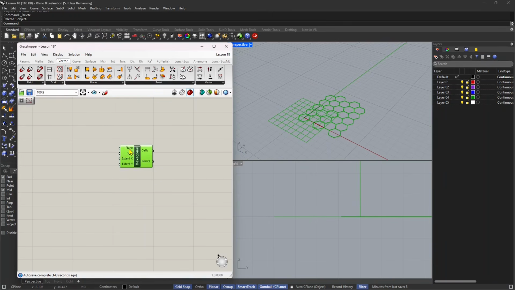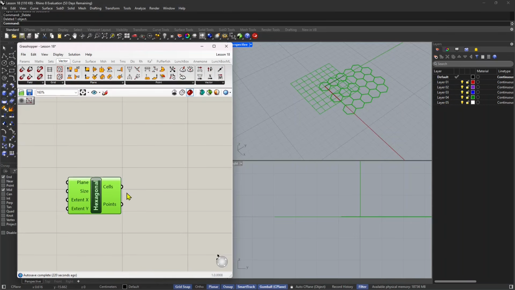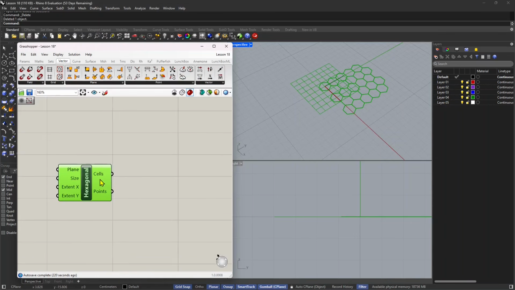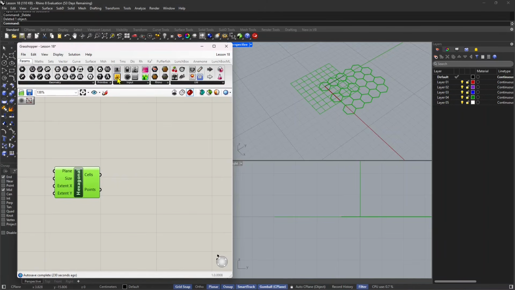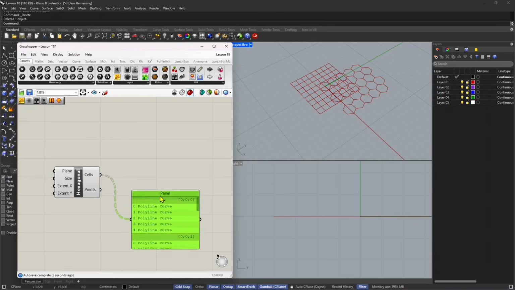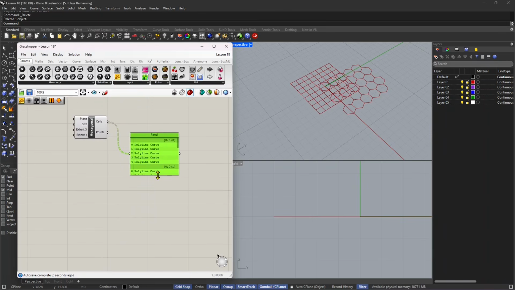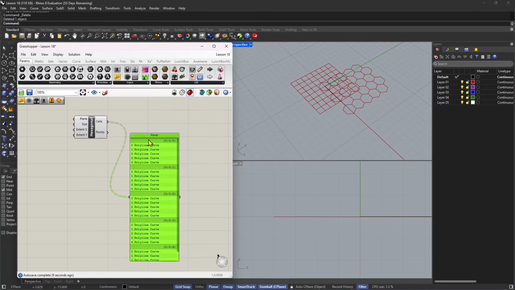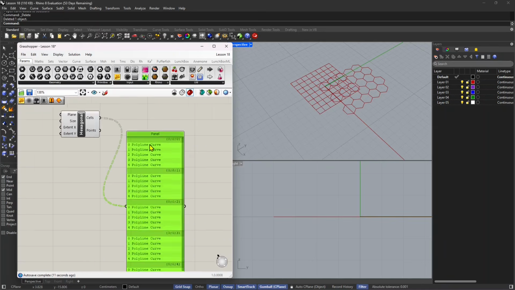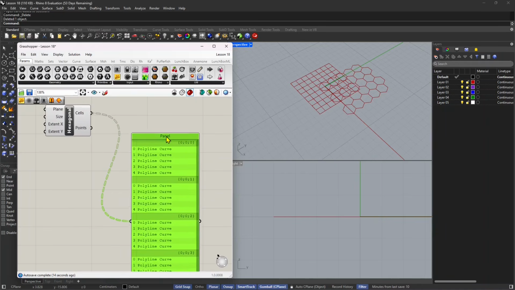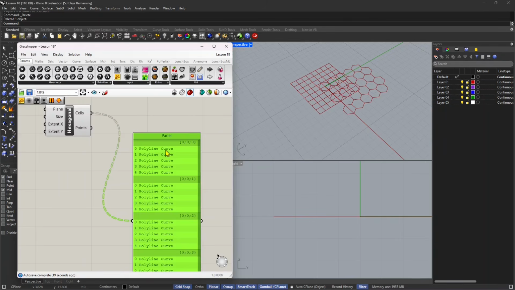So if I place a hexagon grid like this, as you can see, it's already there. It's already generated. I don't need to put anything else. But what is the outcome of this? What is the output? And I usually use the panels because panels give me the answer I want. In this case, it's telling me that we have a tree structure. So we have multiple lists, multiple branches, and inside each one, we have more polyline curves. So my guess is that for each hexagon that I see in there, we have the number of